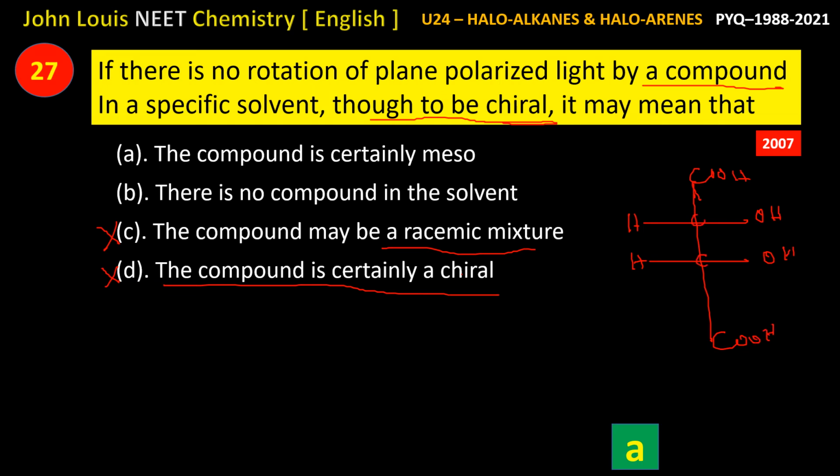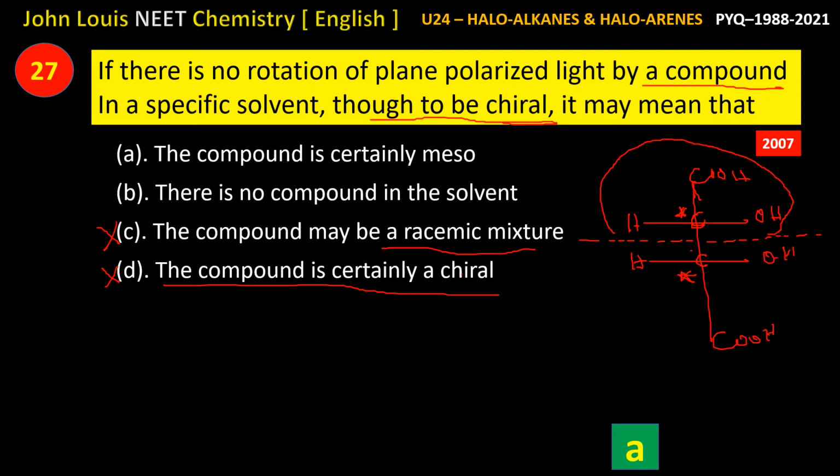So these two carbons are chiral carbons because this carbon is bonded to COOH, OH, H and carbon, 4 different groups. Therefore this is a chiral carbon. Similarly this carbon is also attached to 4 different groups. Therefore this is also a chiral carbon. So even though there are 2 chiral carbons, it is not rotating the plane polarized light. Why? Because if you split the compound into 2 here,